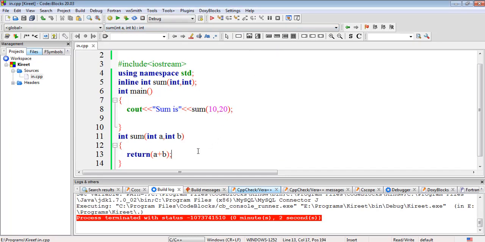So if we are calling this function lakhs of times, then we can see a change in the execution speed, or in the execution time. Here we can't predict the execution time, it will be different.